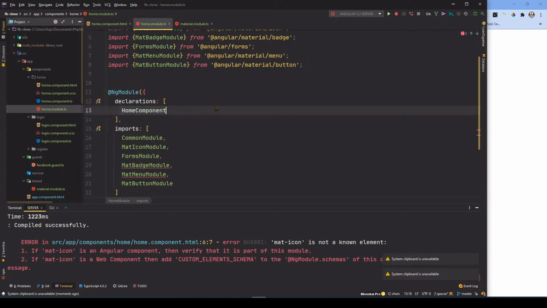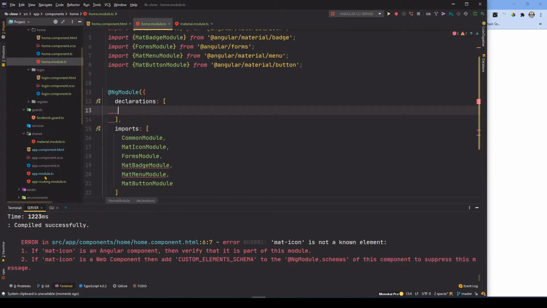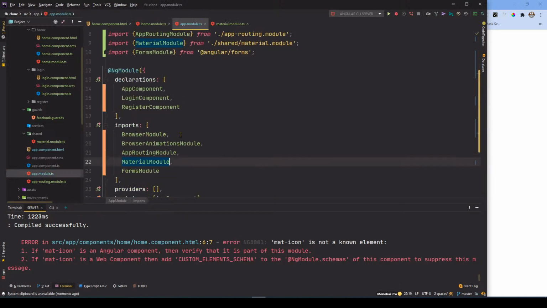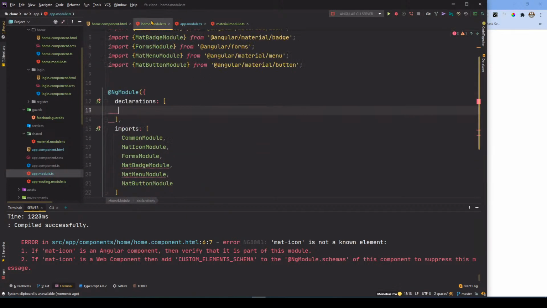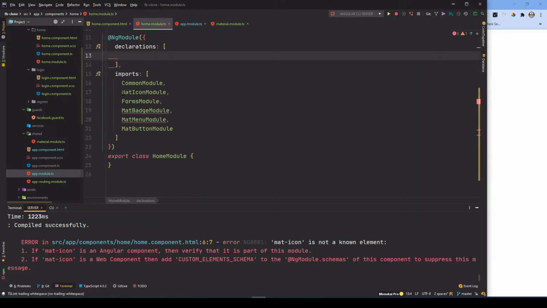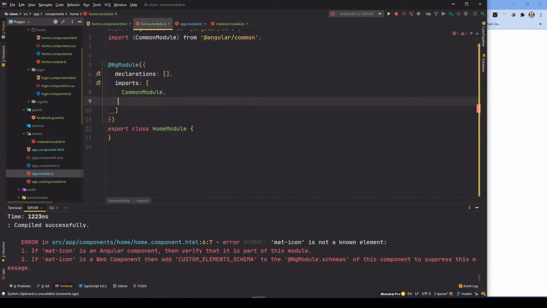All right, let's do it simple way. Go here, put everything here. So basically I'm not going to use the home module for anything, and can remove all of this stuff, save the changes,